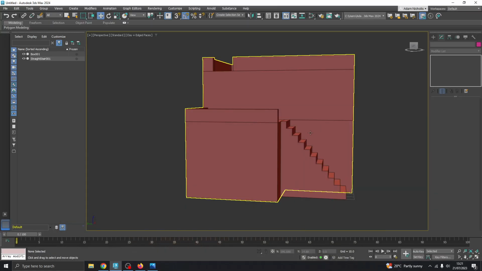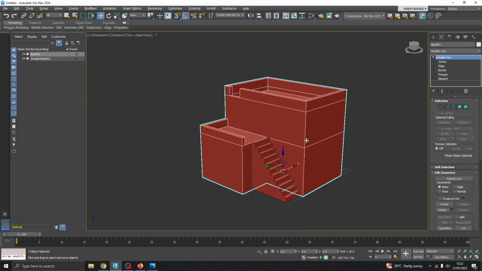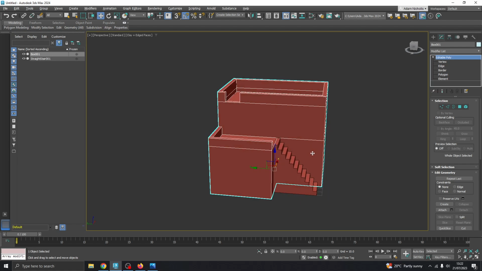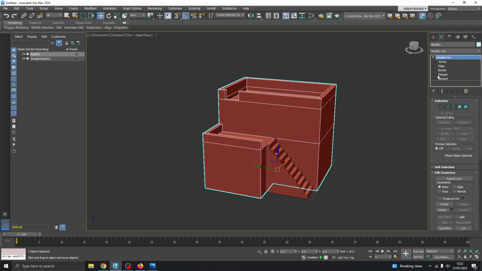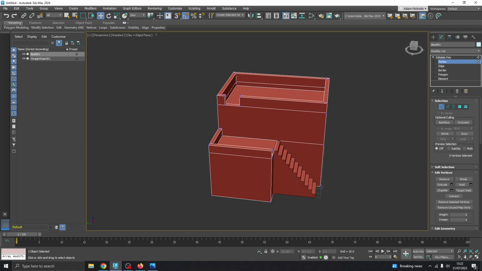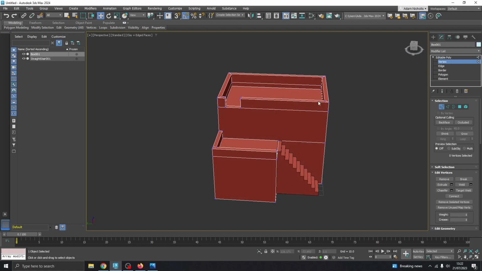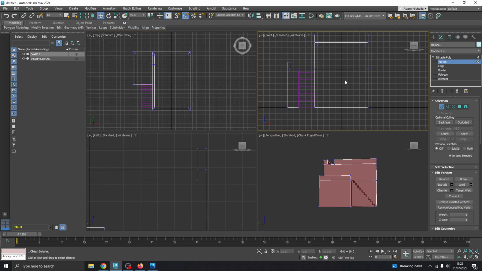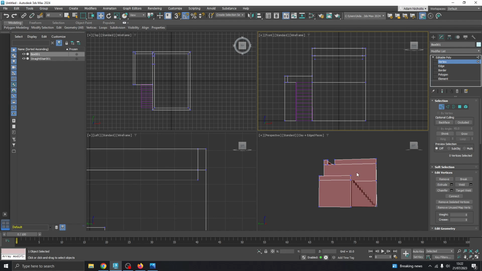I mean, it does look steep. I think what I can do is tweak my overall model because I need this to be a bit longer this way, so my stairs don't have to be quite so steep. You might have to do the same thing, so I can show you. If I go to vertex this time, I want to select everything from this side so I can extend the size. It might be easier to go to my front view and use a marquee select. See that ant trail marquee selection? I've selected all of the vertices on that side of the shape,